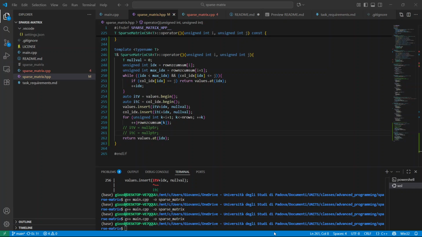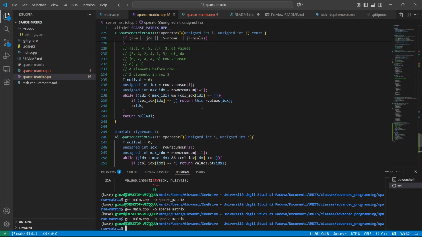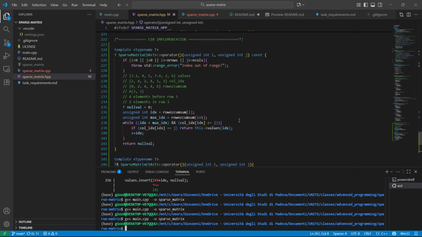Okay, this should be the last video that I'm recording about this topic, although it is missing the matrix vector product. I've implemented the call operator for both access and assignment in the compressed sparse row implementation. The access